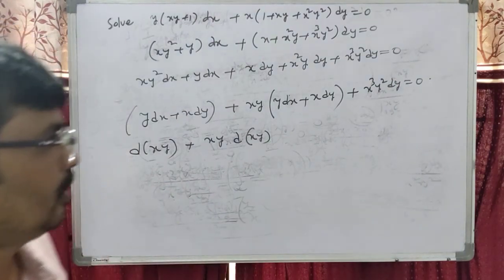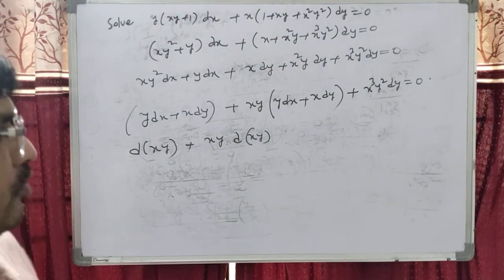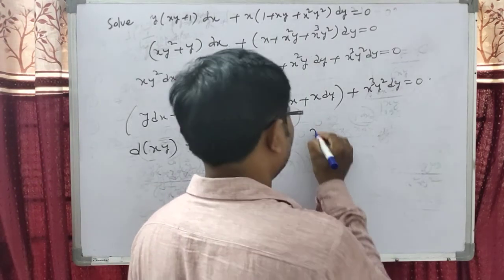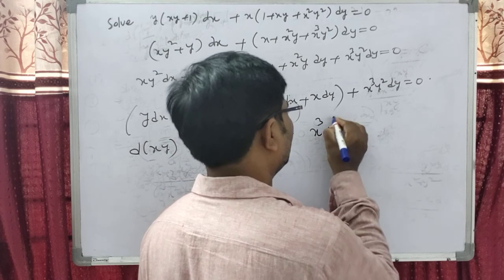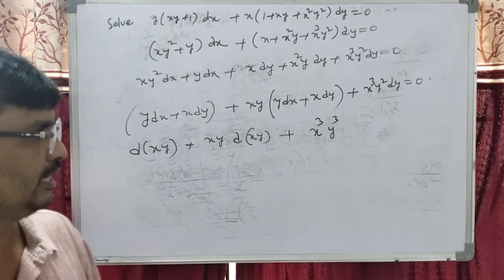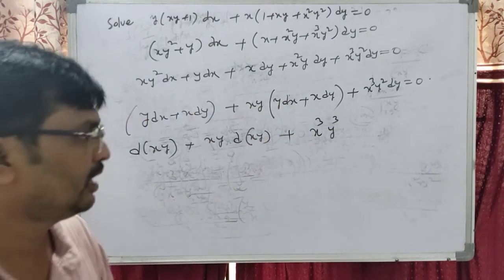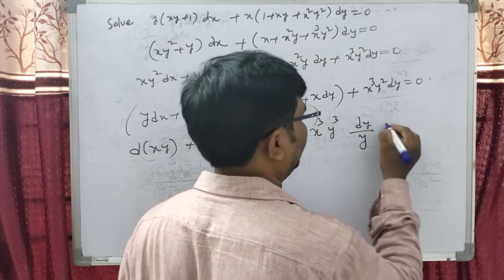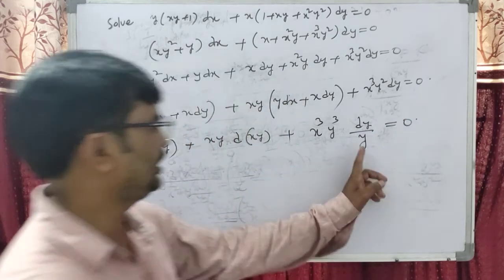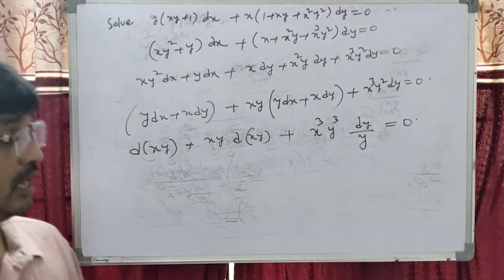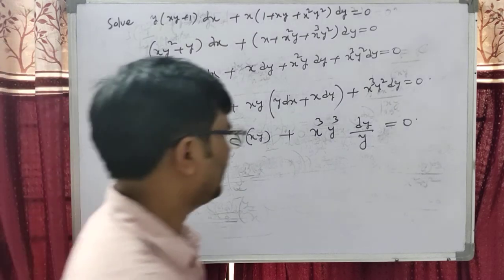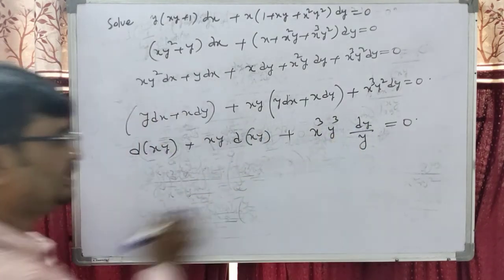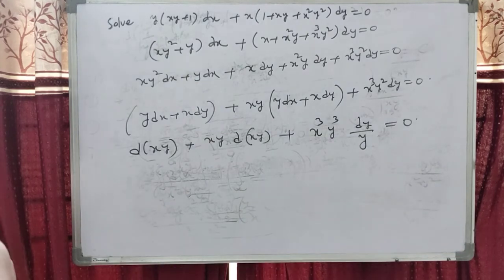How do we complete that one, dear students? A small arrangement is there. We can equalize the powers: x cube y cube. Okay, students, we take into y and by y; y one time cancels, there is y square. My dear students, when you apply the integral, we have to know dy by dy. What about this one? We can divide it by x cube y cube.